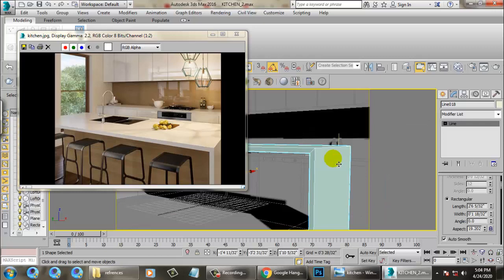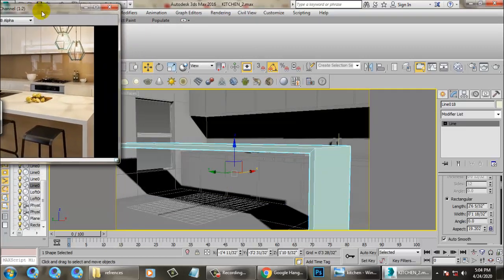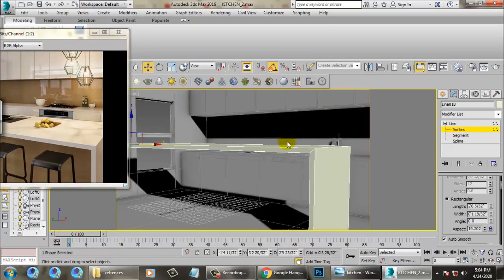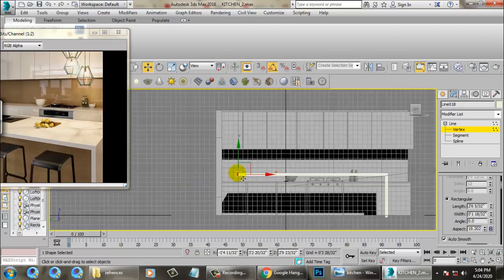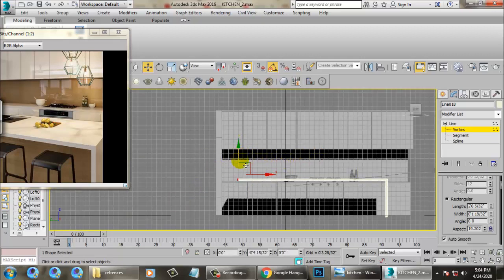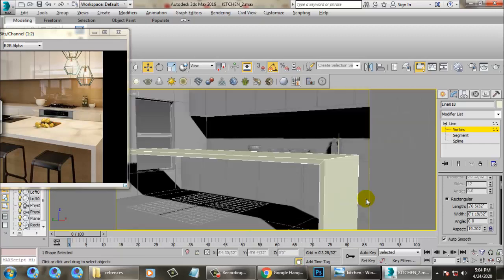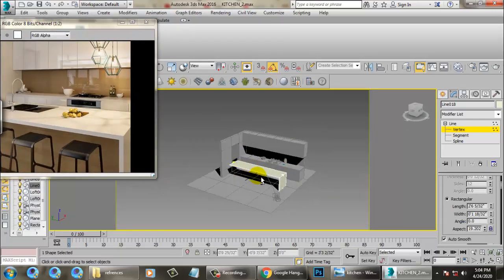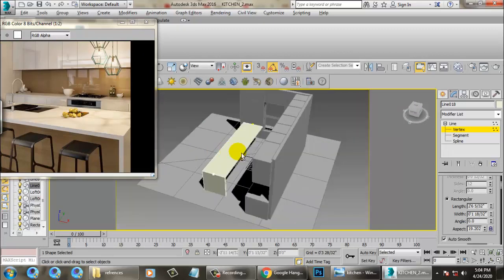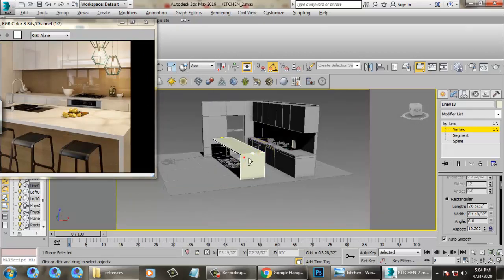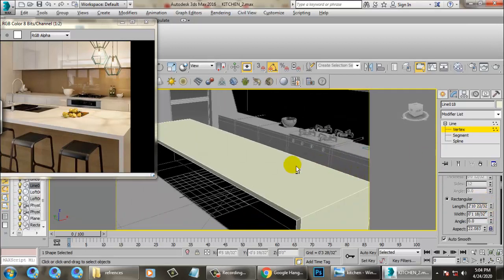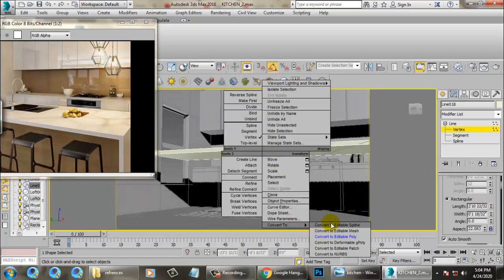Let's go back into the camera view over here. I'll go into the vertices again and push this a bit down and a bit back over here. Let's go back to the perspective view. Definitely we are going to change the camera angle afterwards. We can still increase its length a bit. Once you're done, let's convert to editable poly.